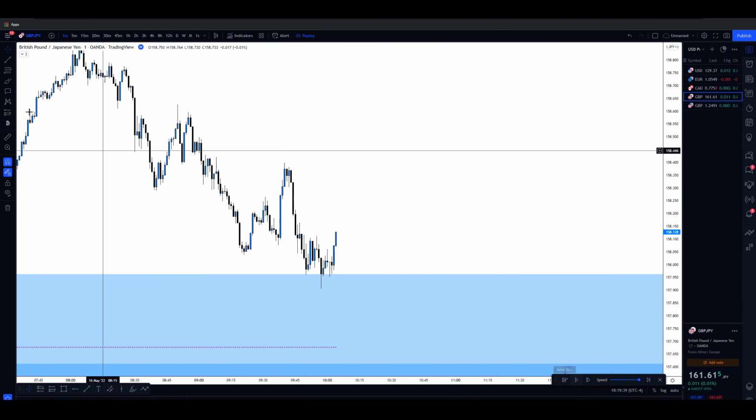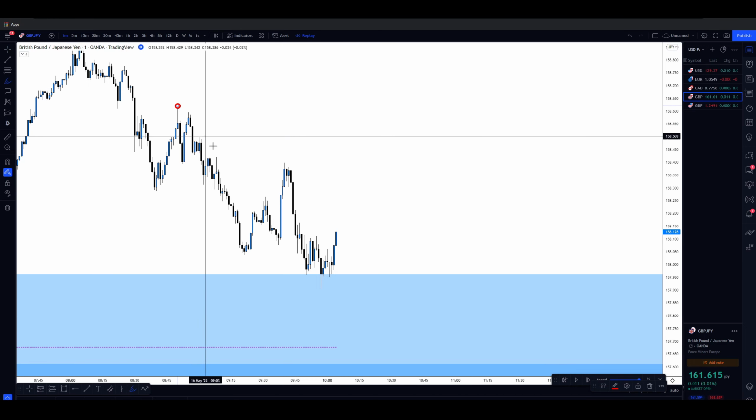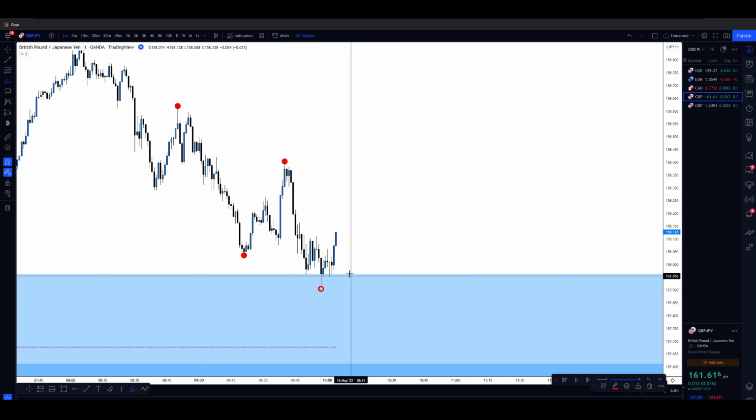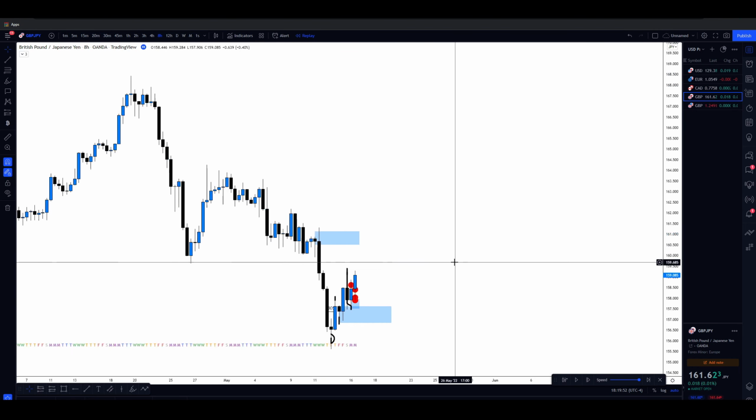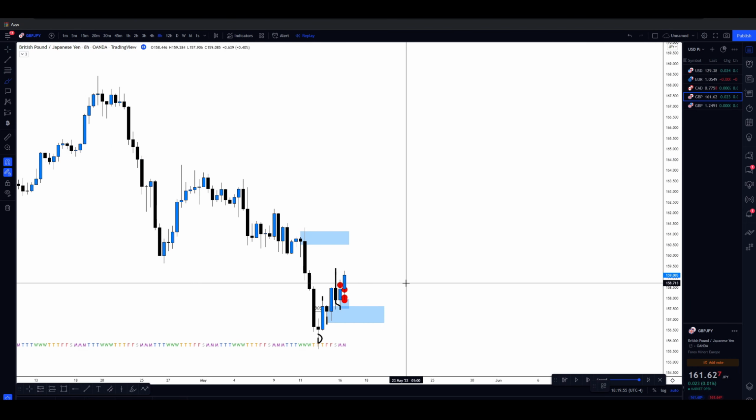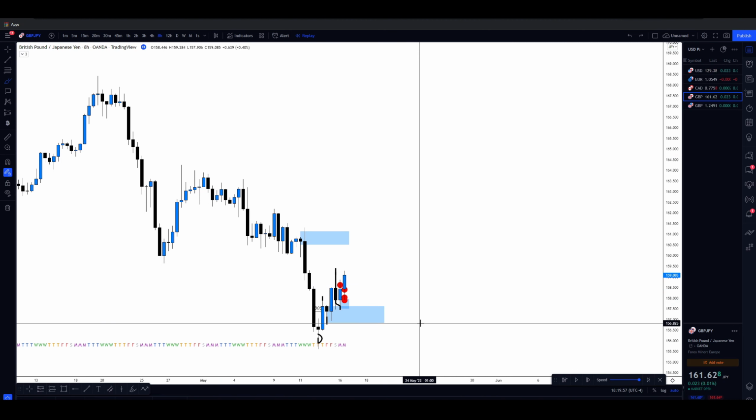So let's play this out and let's take a look at microstructure. Micro is clearly bearish. And why is it important to focus on microstructure rather than fully have your focus on macro? So the higher the time frame you go, this is the philosophy I follow. The higher the time frame you go, the lower your RR is going to be.